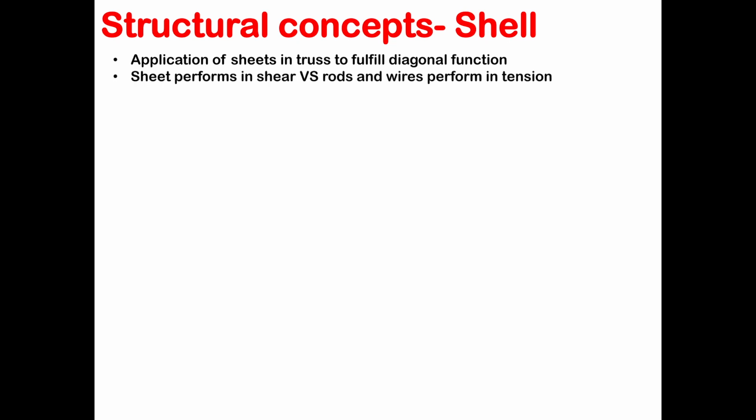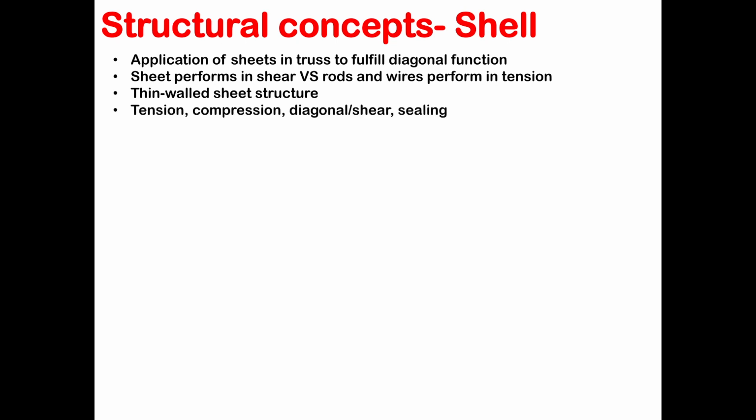concept anymore. The next structural concept we want to talk about is the shell concept, which essentially is simply the application of sheets in truss to fulfill the diagonal function that we used to fulfill with just a diagonal wire. Sheet performs in shear versus rods and wire, which can only perform in tension. We have thin wall sheet structures that can perform in tension, compression, and diagonal and shear loading, and also can